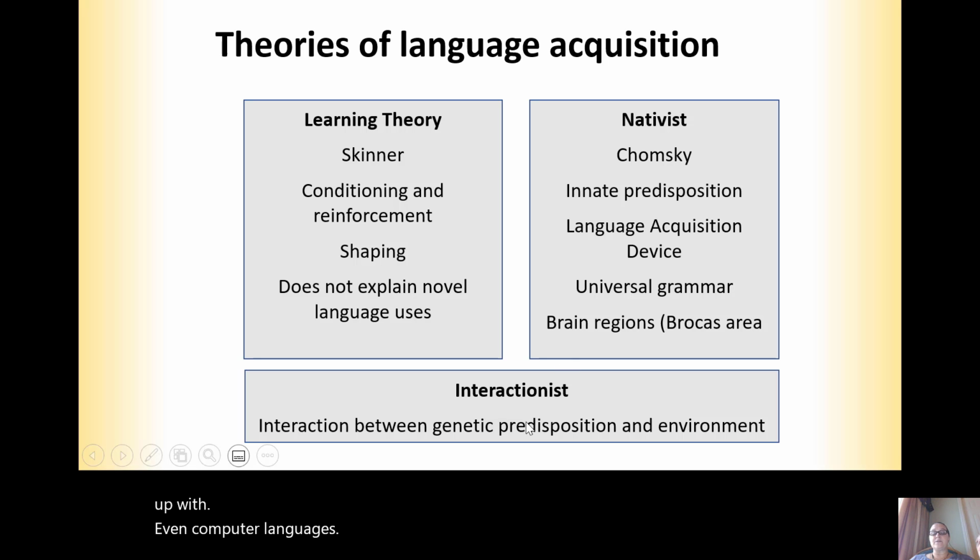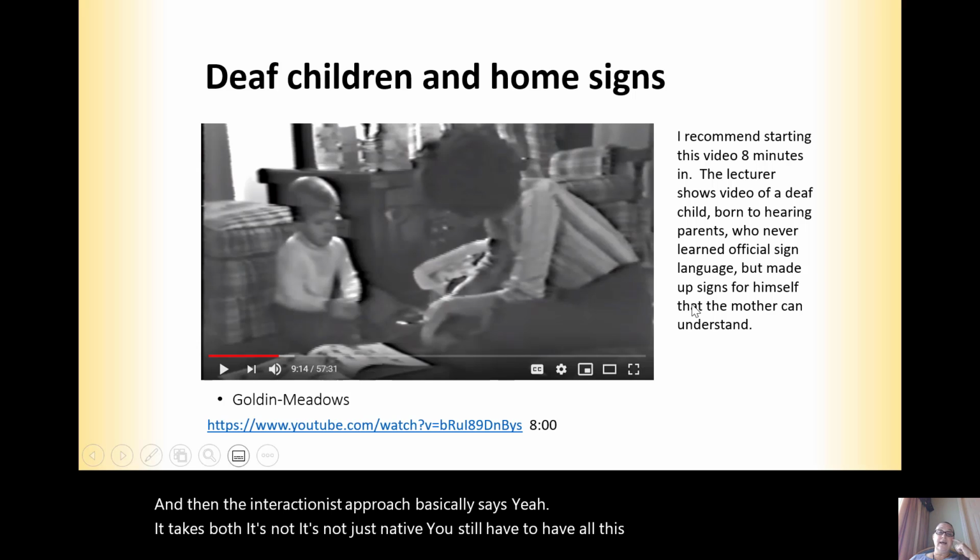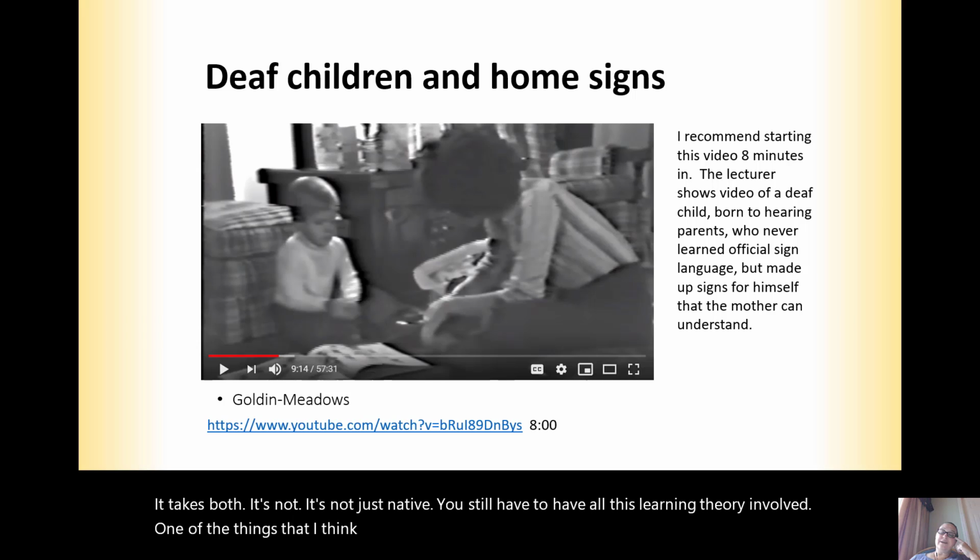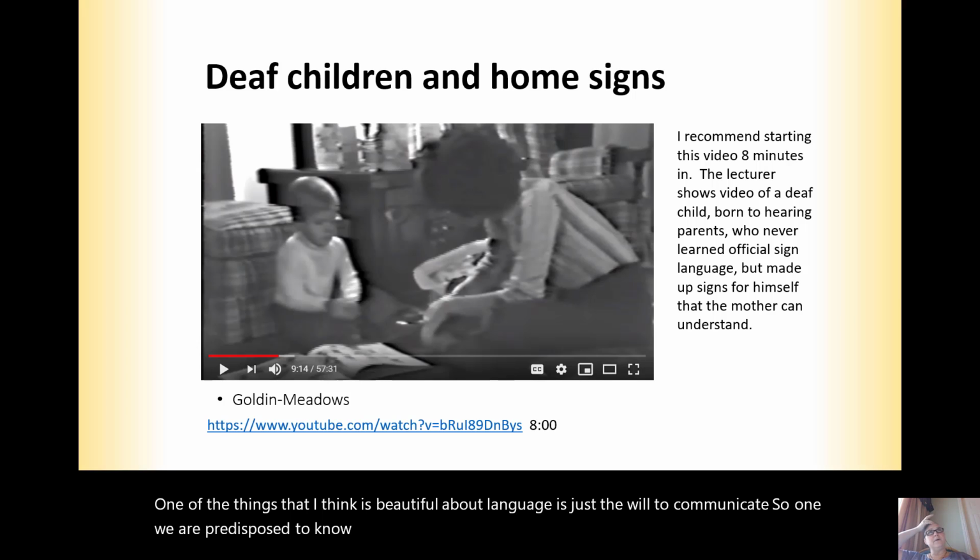And then the interactionist approach basically says, yeah, it takes both. It's not just native. You still have to have all this learning theory involved. Now, one of the things that I think is beautiful about language is the will to communicate. So one, we're predisposed to learn words and learn grammar and use them in a way to communicate experience and